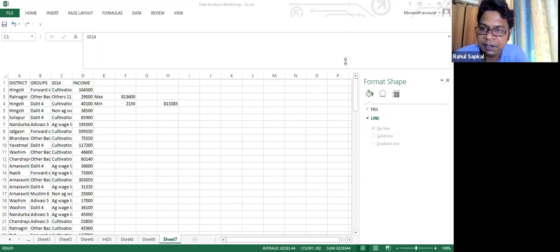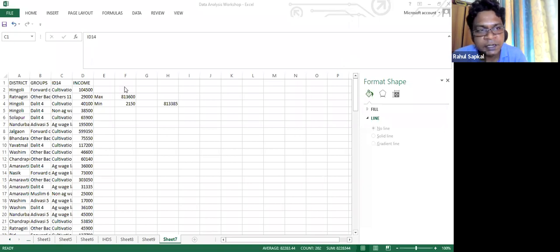Generally, we divide this into quartiles, and we will be learning how to divide everything into quartiles also. I can divide the entire income into 4 quartiles, or maybe percentiles also. That we will also study today. But first we use the pivotal chart and see what it is actually saying. Then in the second stage, we will study how, with the help of a formula, we can form the classes.